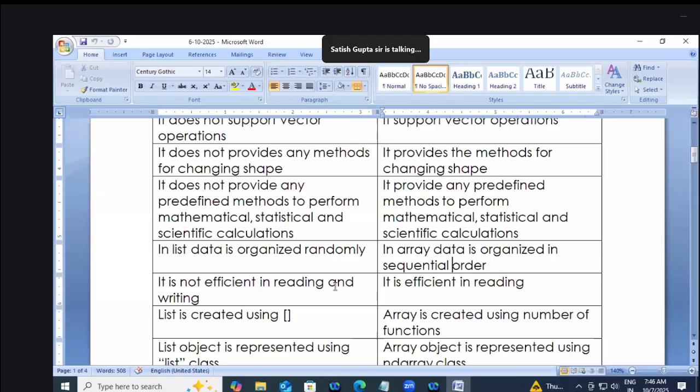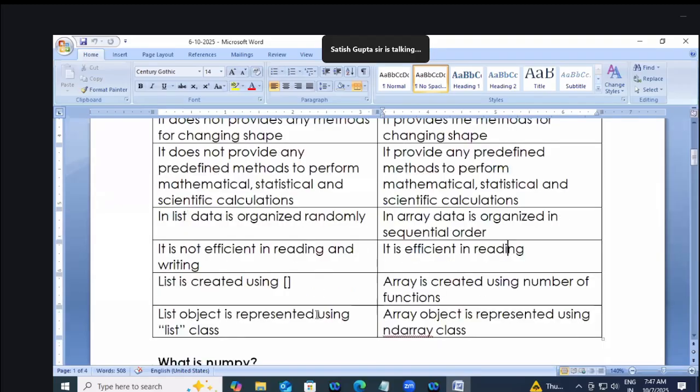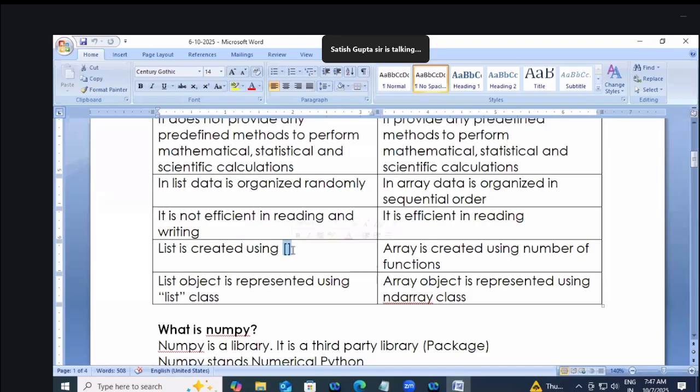A list is not efficient in reading, but an array is efficient in reading. A list is created using square brackets, but an array is created using a number of functions. There are various functions, and a list object is represented using the list class, and an array object is represented using the